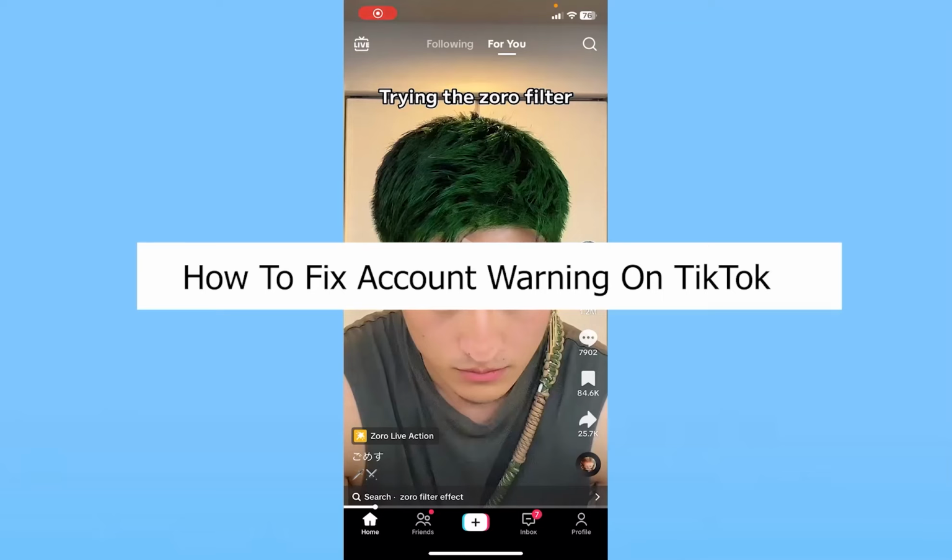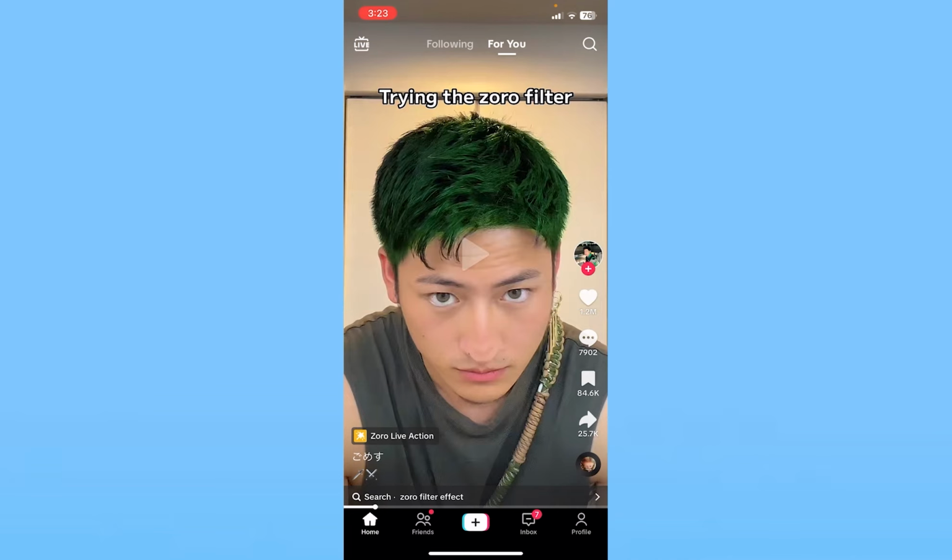Today I'll be teaching you how to fix your account warning on TikTok. Sometimes, for no reason, TikTok gives you this account warning because the TikTok bot mistakes some things and thinks your account is doing something wrong even though you're not doing anything wrong, then it's going to give you this warning. In that case, what you need to do is report this problem,